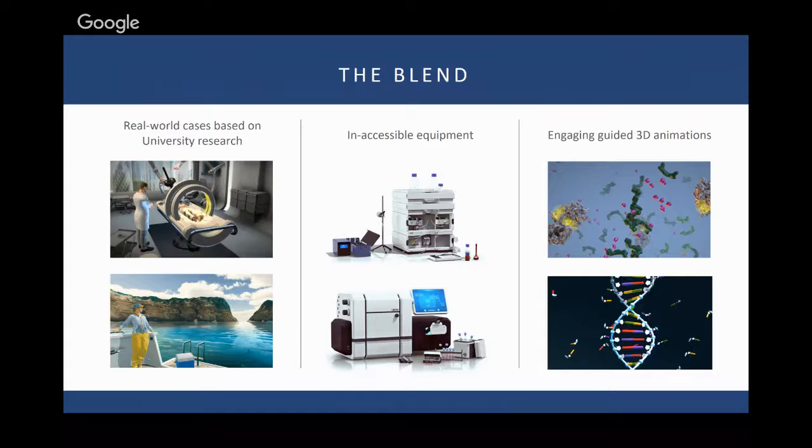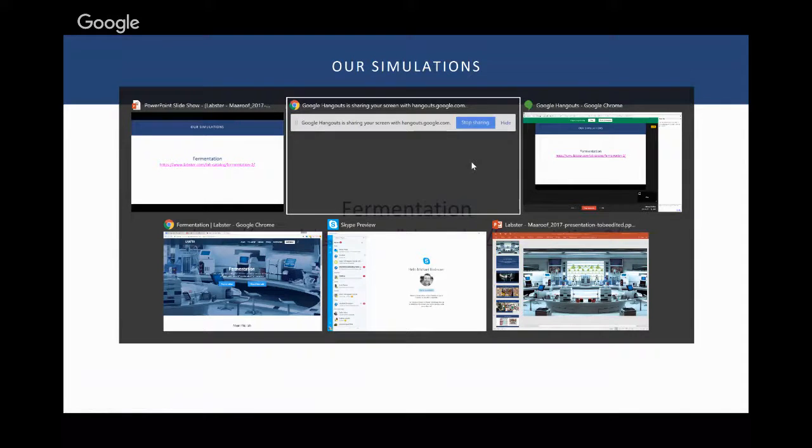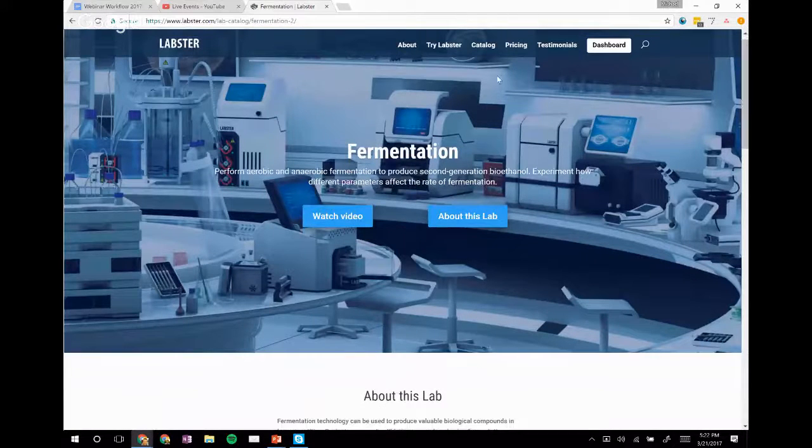Now, I invite you to, again, watch our catalog and see the different simulations, because there are a lot more different concepts, and each simulation is quite unique as well. So you'll get to see the videos for the different simulations that talk more about it. Now, one I'd like to highlight here is the fermentation lab. So I already loaded it up here to prepare. And the fermentation lab, you can find in the catalog up here at our website. So you simply, let me just open it here as well so you see that.